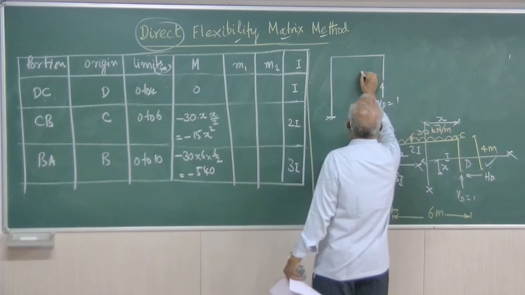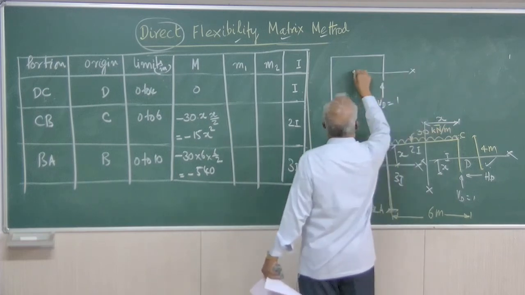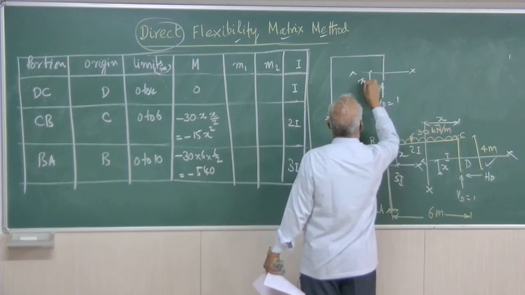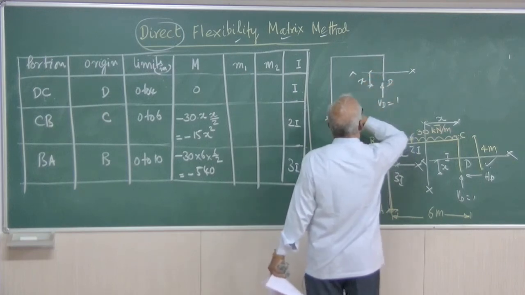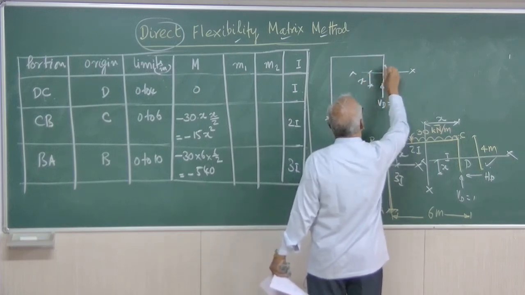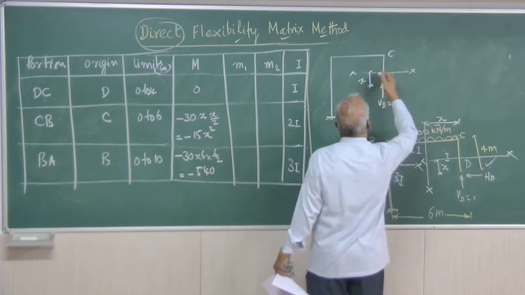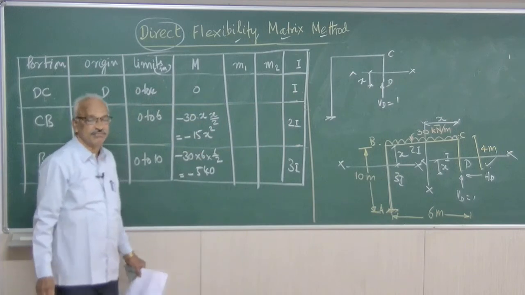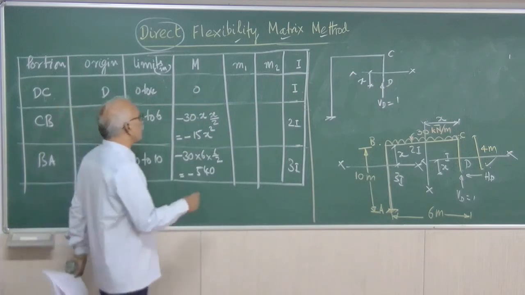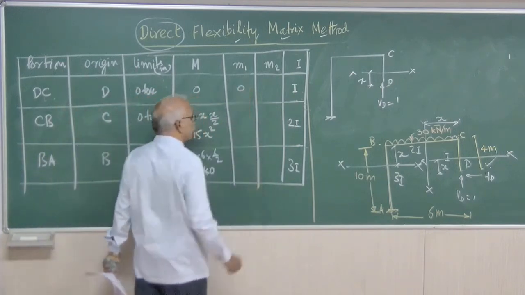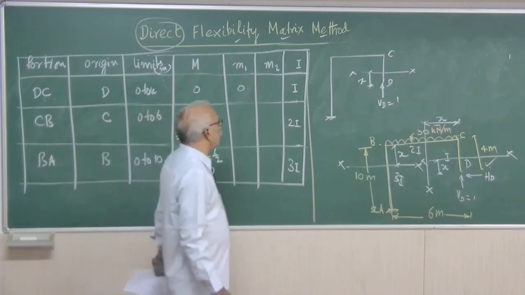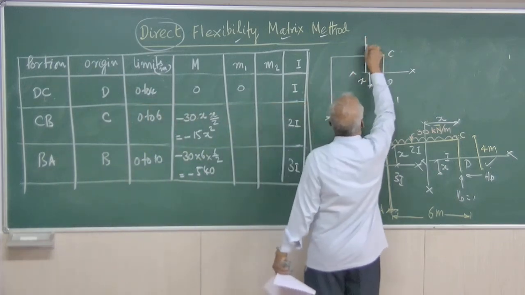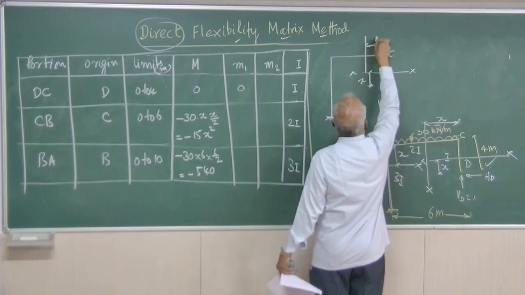right. Now, when we take a section here, as before, X from D. So, in the column CD, there is no moment, because it becomes an axial force that will not cause any moment. Therefore, M1 equal to 0, right. Now, coming to this CD, measuring X from C.